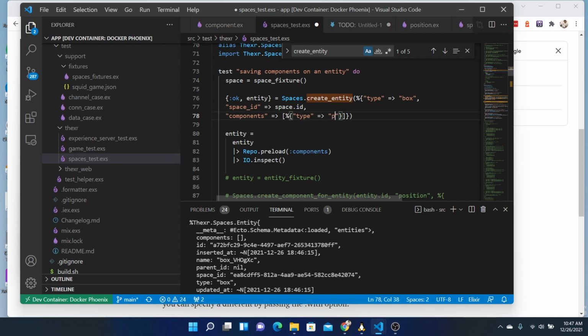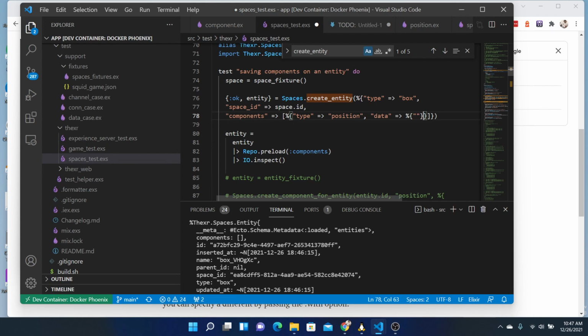Let's say this one is position, and it has data. And data says that, oh, I don't think I have to send all that. I think I can just send,